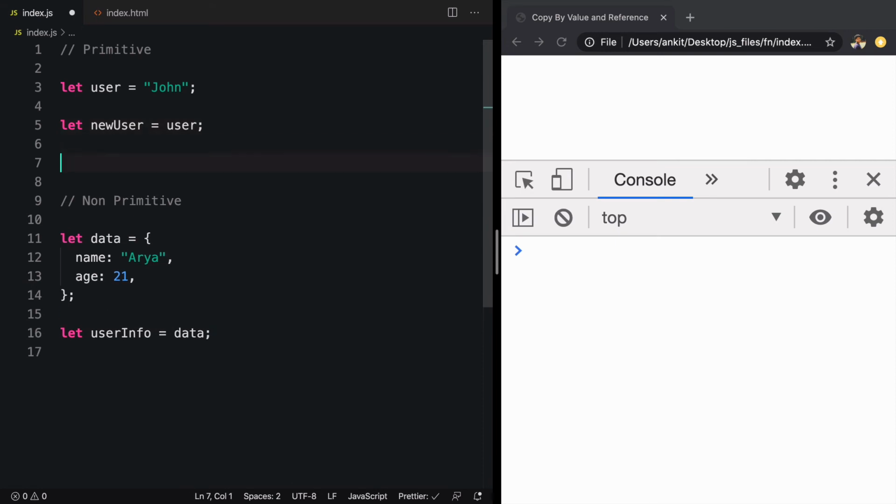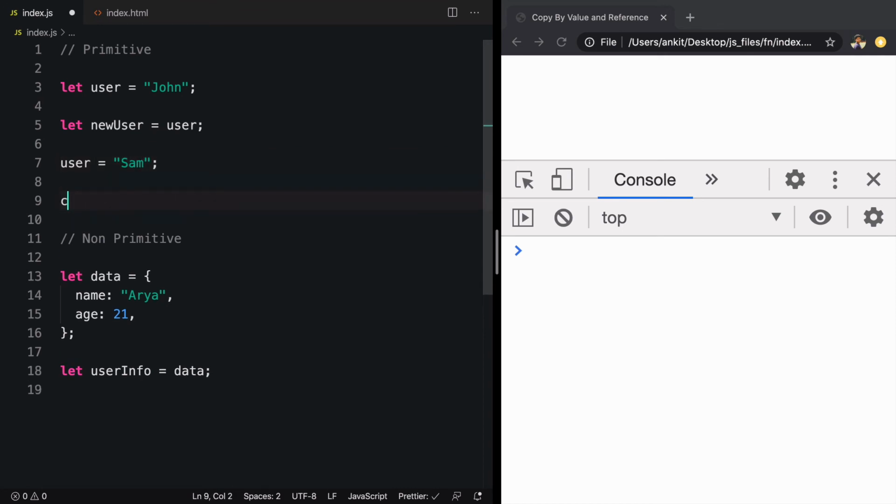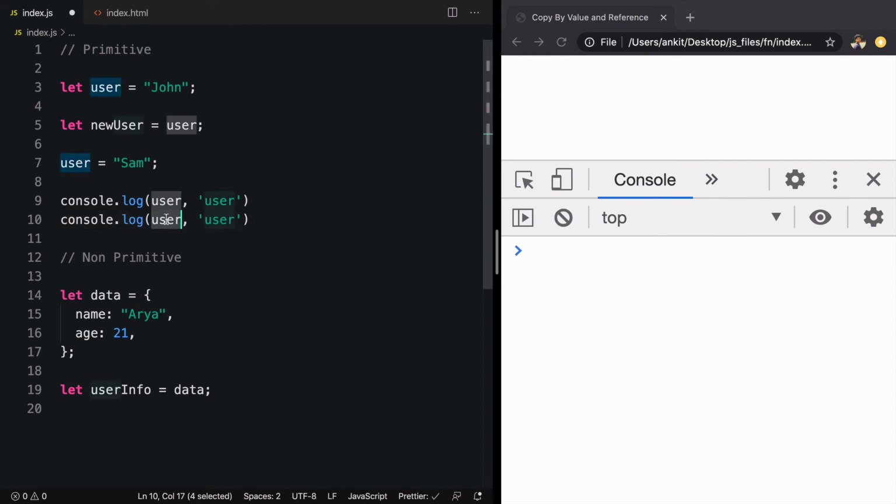To manipulate the values, we'll say user is equal to Sam, and now we'll console log the value by saying console log user and we'll leave a message saying user. Similarly, here we'll say new user and we'll leave a new message called new user.